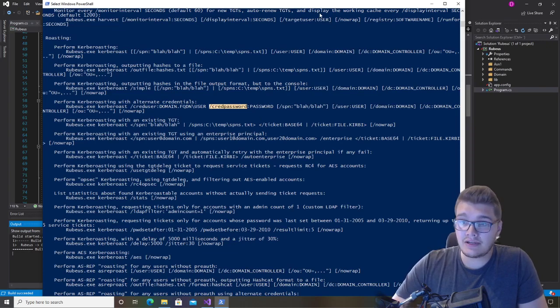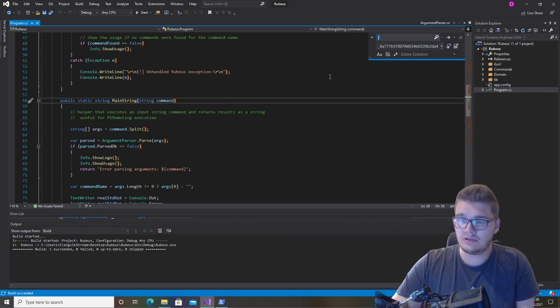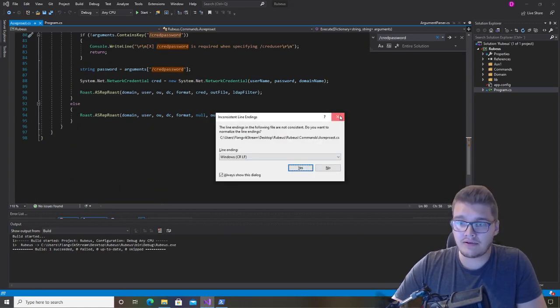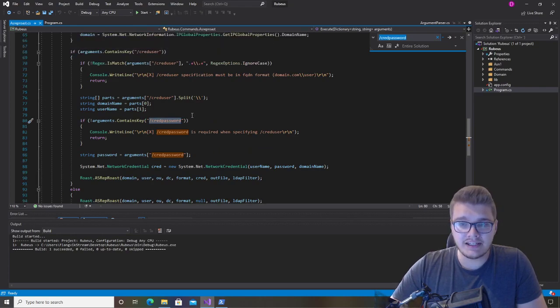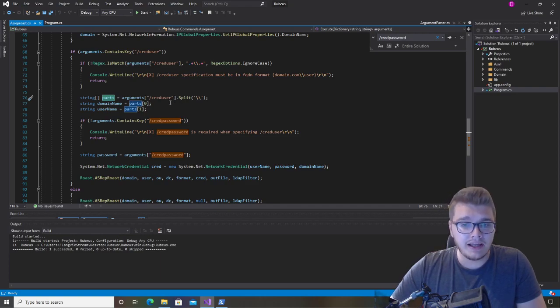Okay, so let's take a look at where cred password is. I'm just going to copy that, Control F, not H, search for that in the entire solution, and there we go, we got a reference to it. So it checks for cred user. If cred user is there, it splits it up. It assumes that the cred user is domain and the username, so it splits it up into